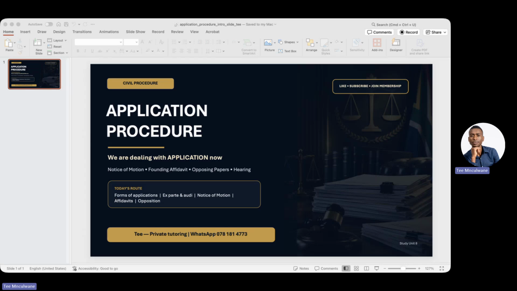So the affidavit should usually include the deponent's identity and capacity, the facts within the deponent's knowledge, the basis for the relief sought, references to supporting affidavits, and a clear link between the facts and the order requested. For example, if a company applies for payment, the deponent should explain their role in the company and how they know the facts. They should not simply say, I'm authorized. They should show why they can speak to the matter. So in applications, the court relies heavily on affidavits. So if the affidavit is vague or weak or unsupported, the application becomes weak.